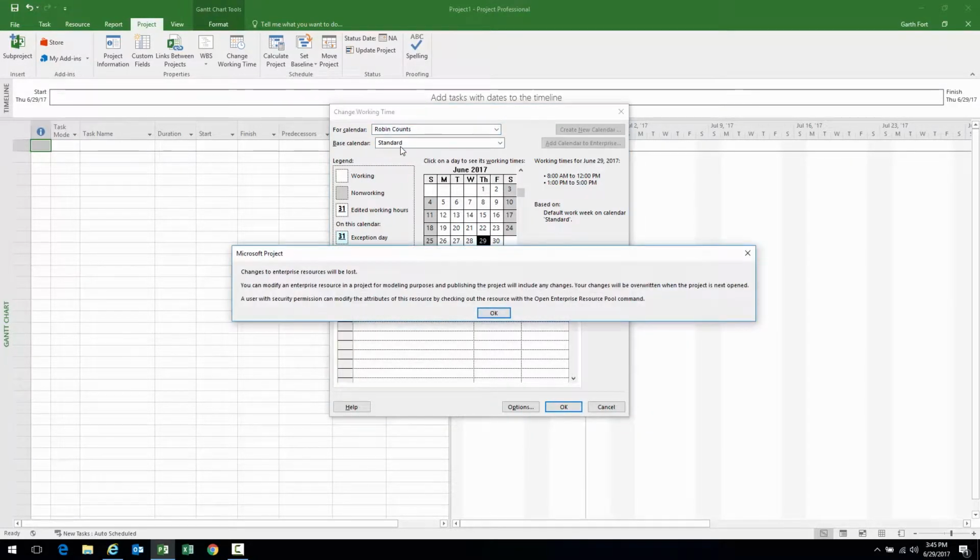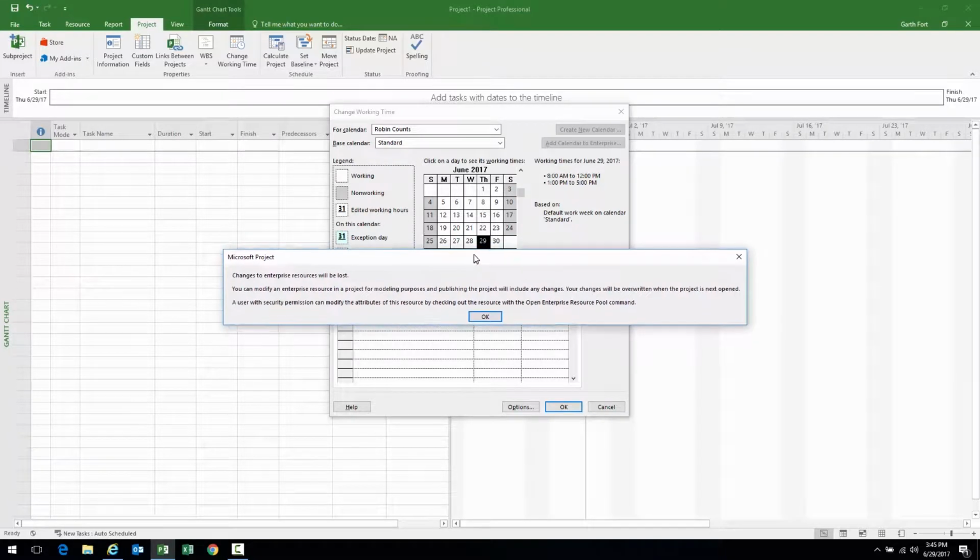When I select it, lo and behold, I'm going to get this message. The first sentence is really all that matters here. Changes to enterprise resources will be lost. Big difference here working with Project Server. We're working in an enterprise environment. We're all sharing the same enterprise resource pool. Therefore, when changes need to be made to a resource, the resource record needs to be checked out. Change is made, and then the resource record checked back in. And that way, everybody is sharing the same resource pool. They're getting the same information for each resource. It's a more controlled situation so that you don't have many different people editing resource information and possibly just having